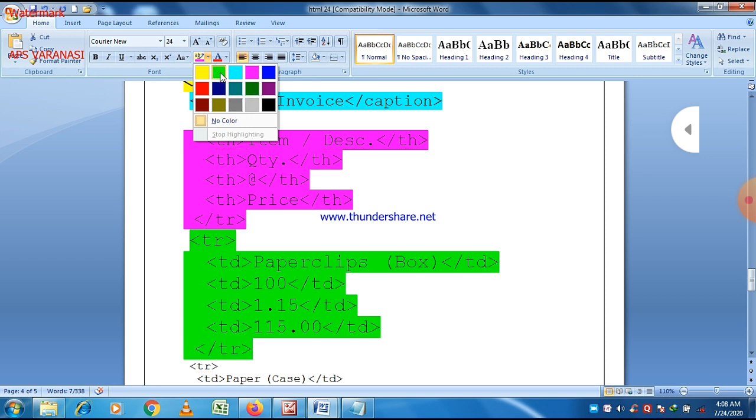Since there are 4 headings, 4 different data values are within the tr tag. So there are 2 different rows, one for table headings and the second for table data, and there is also a caption or title of the table, named invoice.